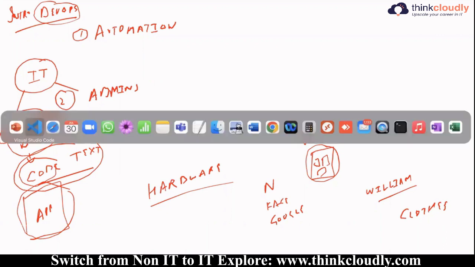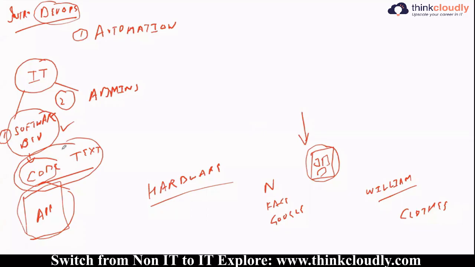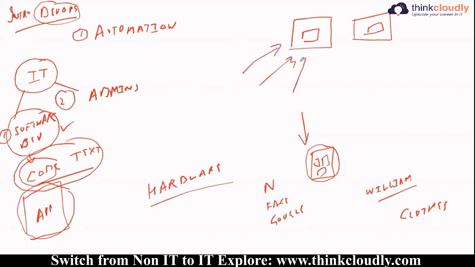So if you see, essentially this software is running on my laptop. And what is my laptop? My laptop is a machine. Okay. So when I want to run any application, I'll be running my application on multiple servers. Okay. So if I want to run this application, I'll be running the application over here, and I'll be running the application over here. So I can run my application on servers so that users can come and access it. Okay. Users can come and access it.